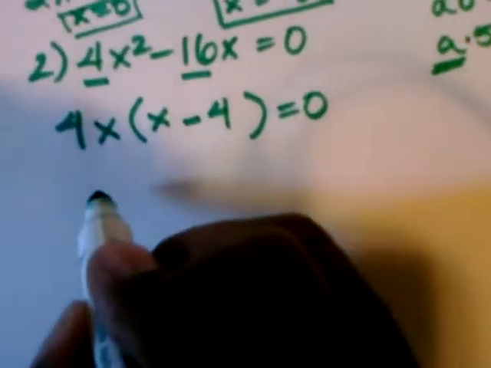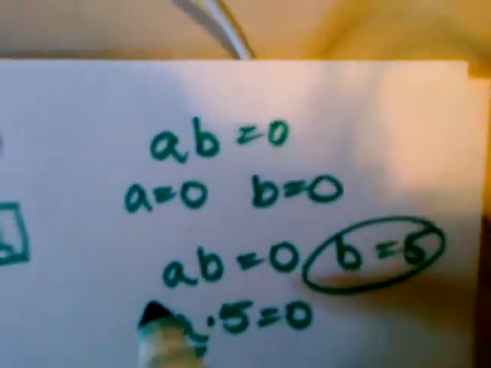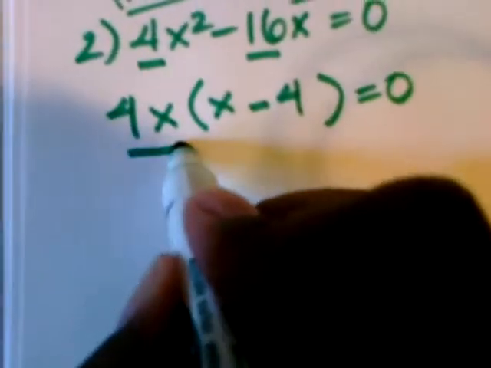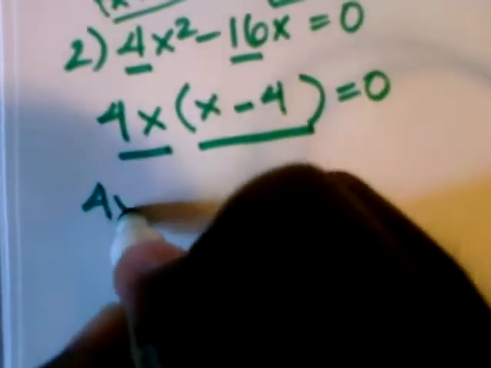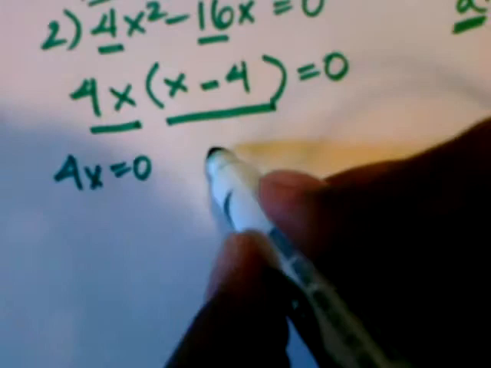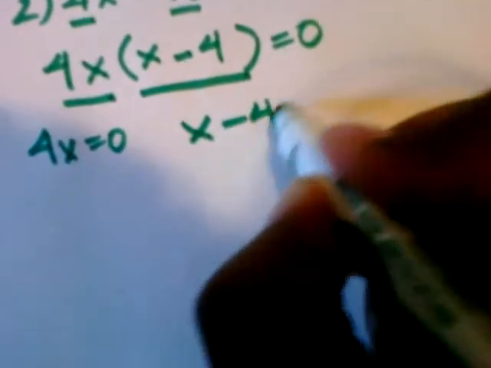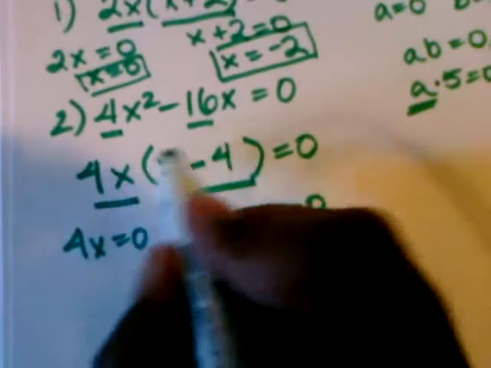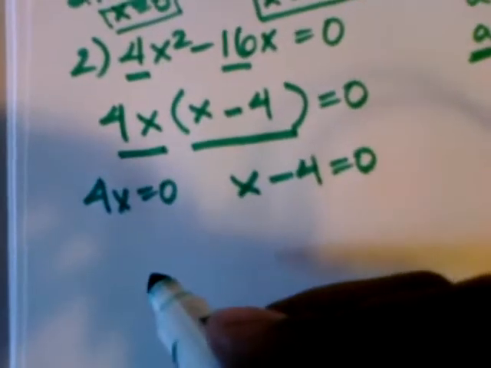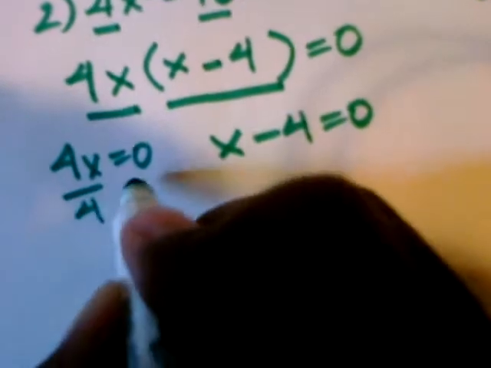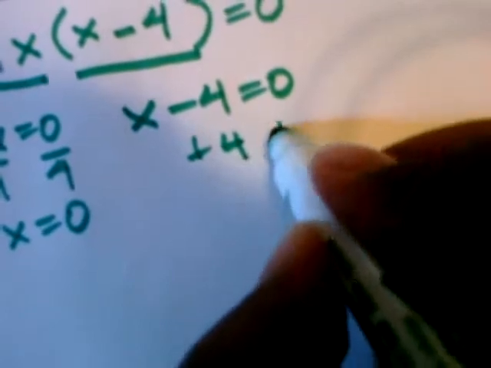Using that zero product property again, I can then say that this factor equals 0, or this factor equals 0, or both of them equal 0. So 4x equals 0 would be my first instance, and my second one would be x minus 4 equals 0. So we're at this stage now. If you realize in this problem, they started us off here. In this problem, we had to factor first, and then we could use the zero product property. So if I divide by 4, I get x equals 0. If I add 4 to both sides, I get x equals 4. And those are my two answers for the